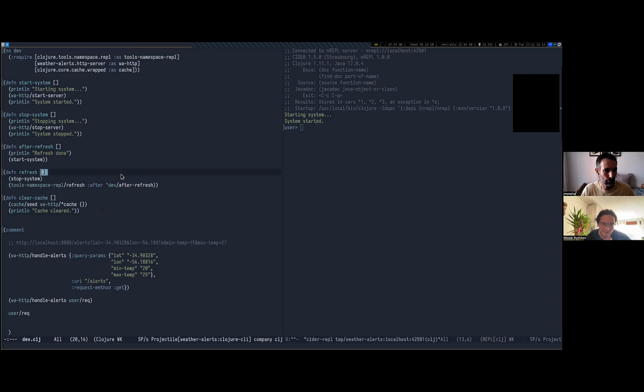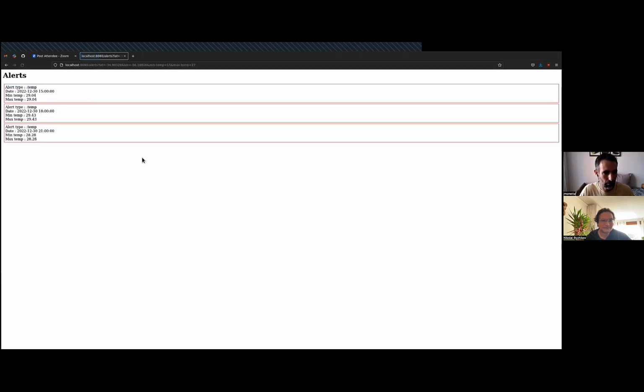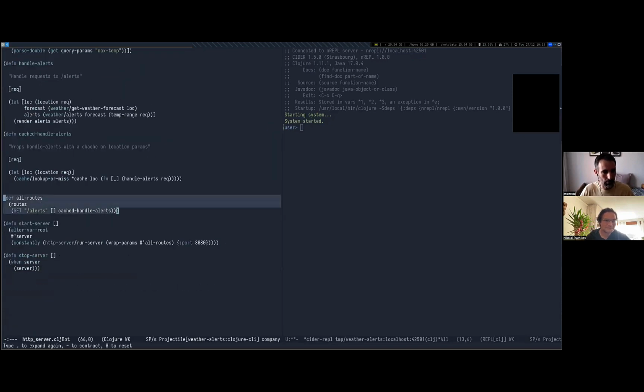So I can show you, before maybe trying something else, a very quick tour of what this web application is about, so I can show you how I work with it. Let me run this here. It's a pretty standard web application, which has one HTTP server running, which has one route. The application is around weather alerts. So there is one endpoint there. If you hit alerts, it's going to